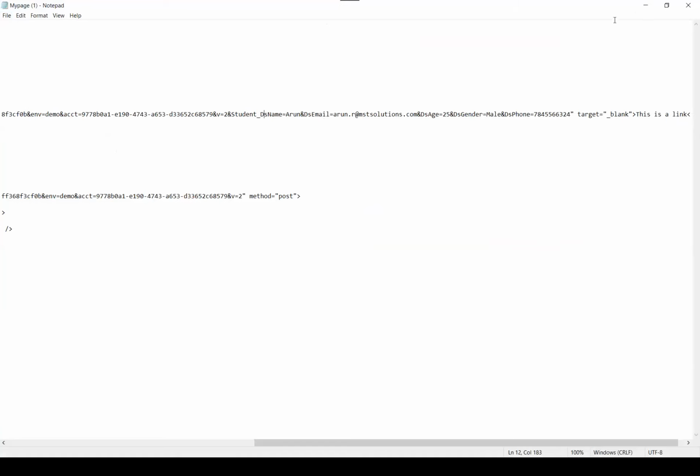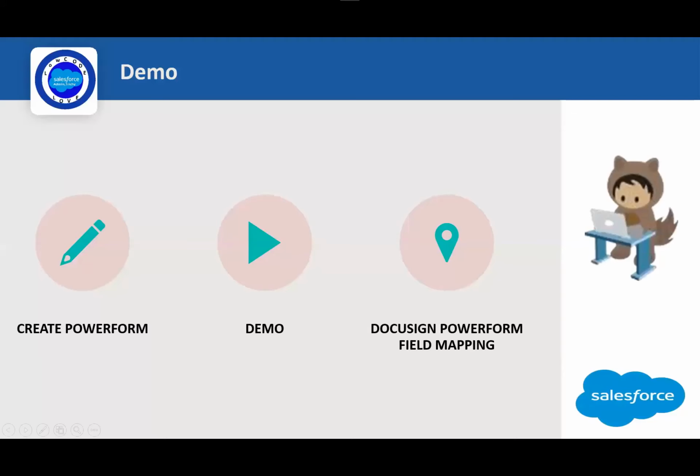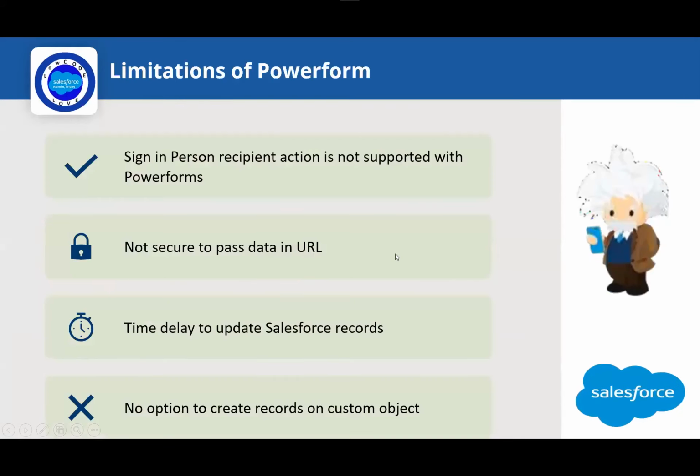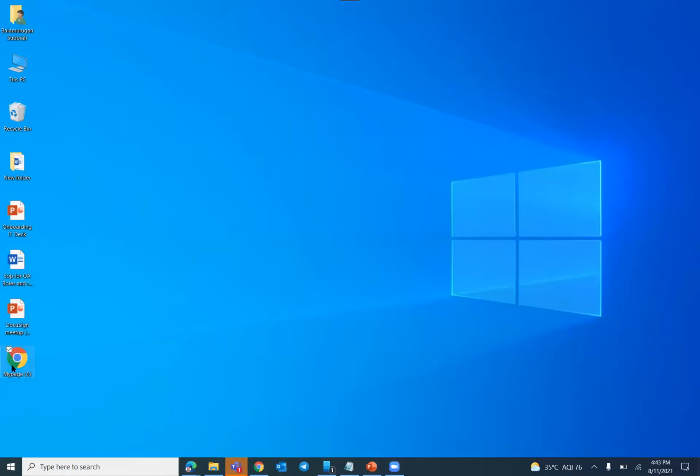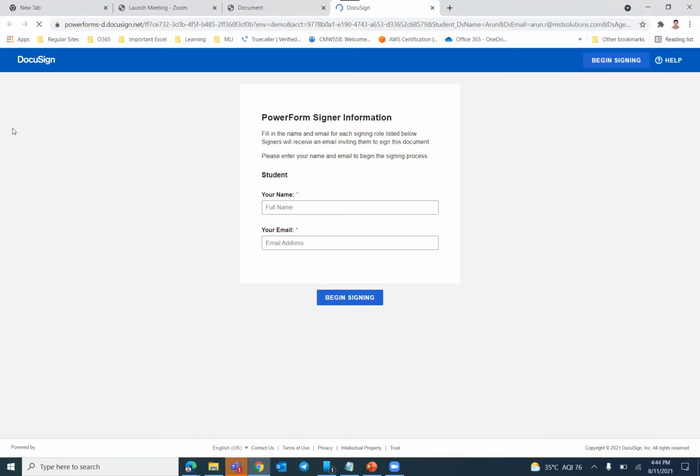Now I'll try to open this HTML file. When I click to open this link, the new secure URL will open with the values pre-populated. I just enabled the security question, right?